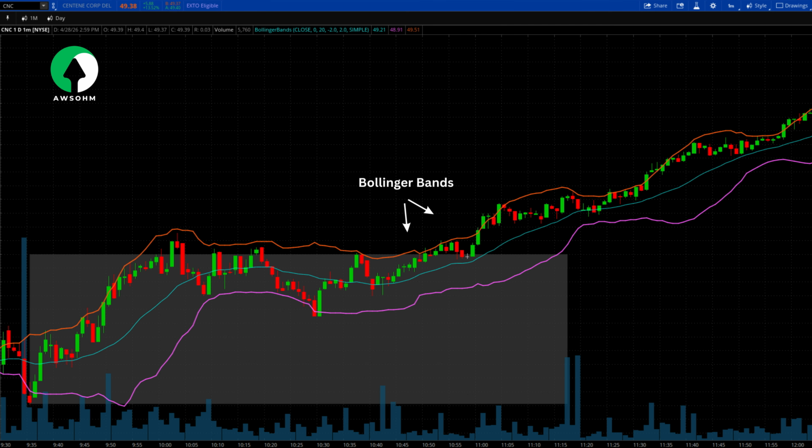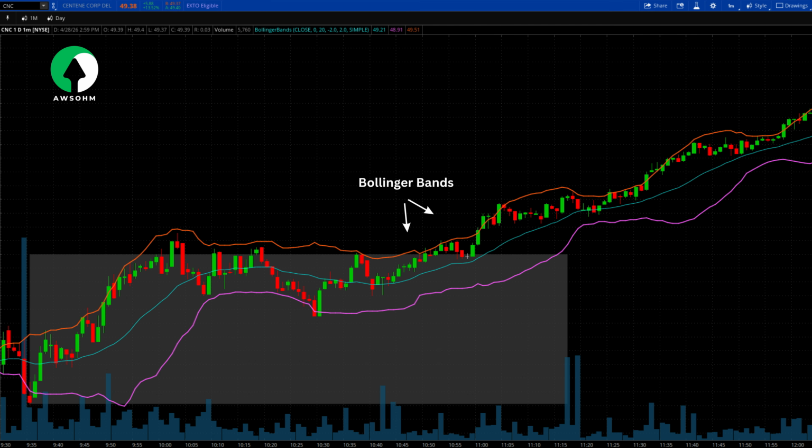4. Volume and breadth. A trend's foundation is reinforced by the amount of participation behind it. Volume confirmation. In a healthy uptrend, volume should expand on the up moves and dry up on the pullbacks. If price is making new highs but volume is decreasing, the trend is diverging, meaning fewer people are willing to buy at these higher prices.